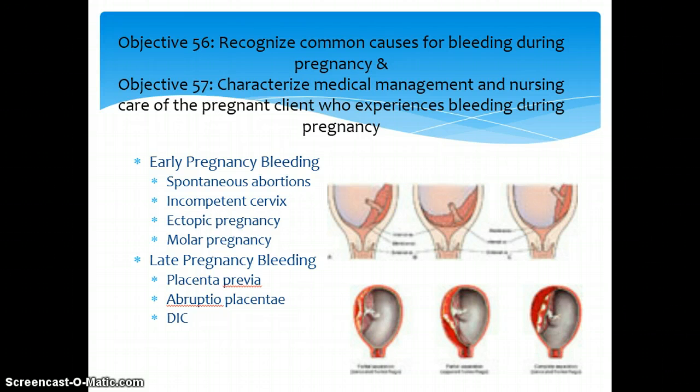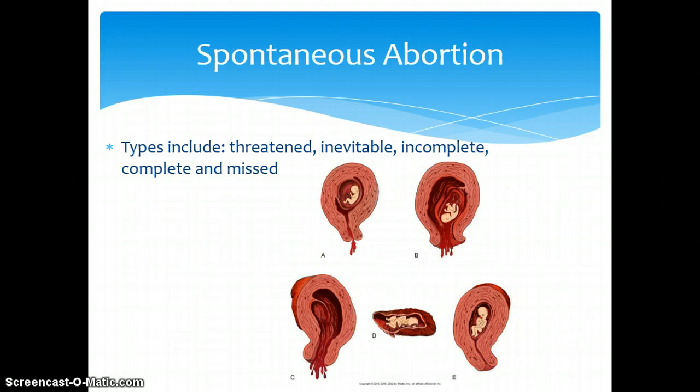What you see here in the pictures, on the top portions are placenta previas, and on the bottom portions are placental abruptions. With spontaneous abortions, there are 5 different types: threatened, inevitable, incomplete, complete, and missed. This is figure 14.7 in your book. A is a threatened abortion, B is an inevitable abortion, C is an incomplete, D is a complete miscarriage, and